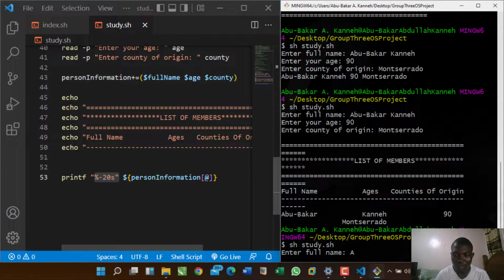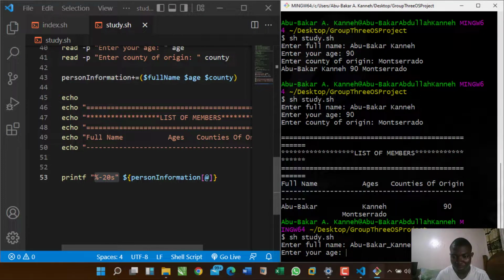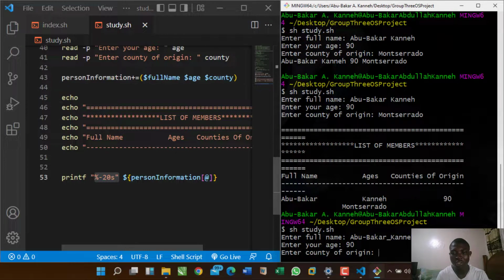Full name. I'll write the name without space: Abubakar. Let me put an underscore. Because in the code we are not defining something to give that specification, right? So in our original code, we use first name and last name, we'll separate it. I think everybody can remember when I posed a question to Mr. Lima in the class about collecting the full name, we should collect it as first name and last name, right? So I say age 90, that's my original age. And then I say country of origin Montserrat,